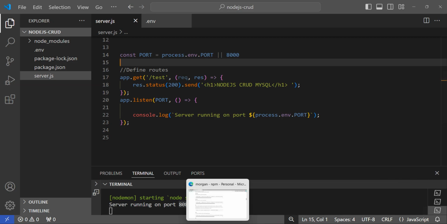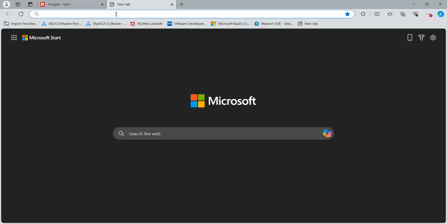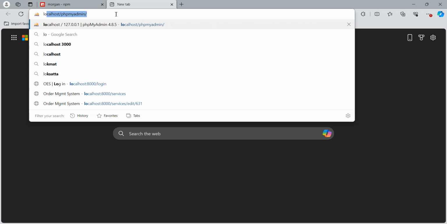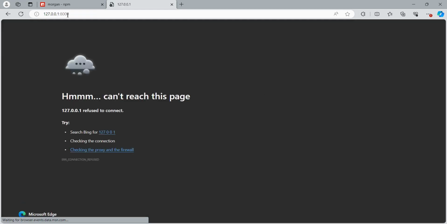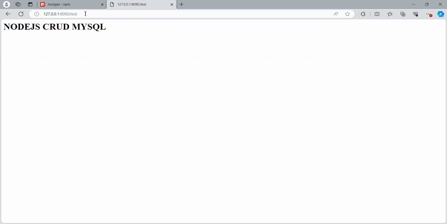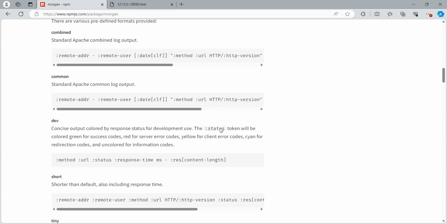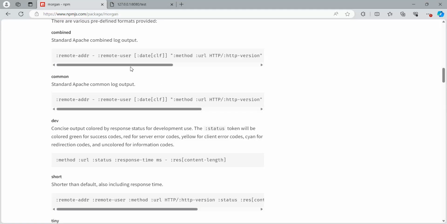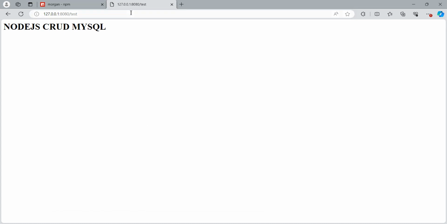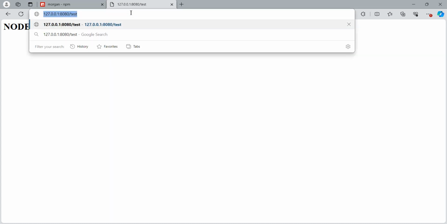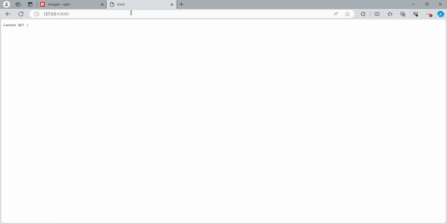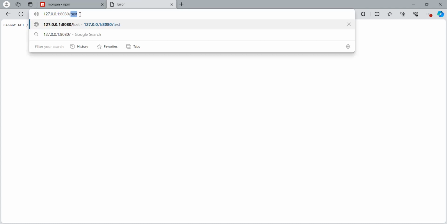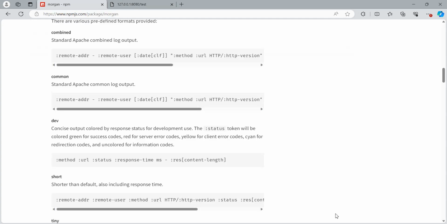Now we'll quickly test our application. We will go to localhost, and also 127.0.0.1 on port 8080, which we have to test because we defined it here. And I test here and we can find it. If I remove the test, which we have defined in the server.js file as our get route, then it will not print our message, it will not get the route. So I will do Ctrl+Z, and it will print Node.js